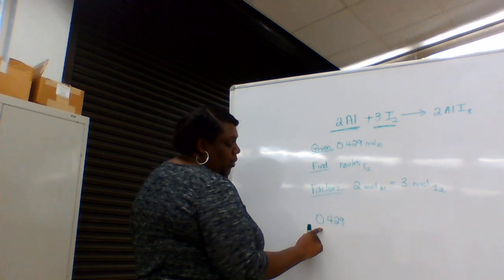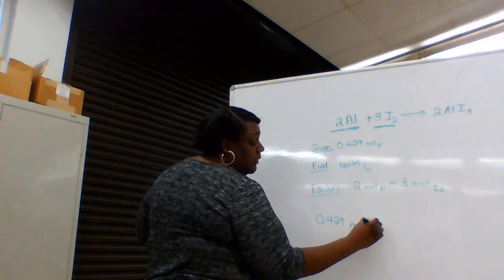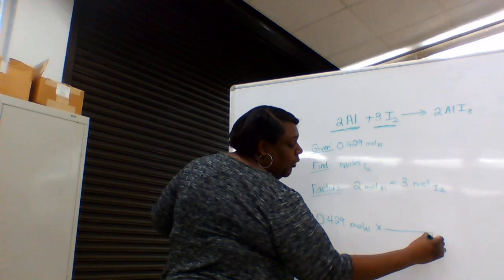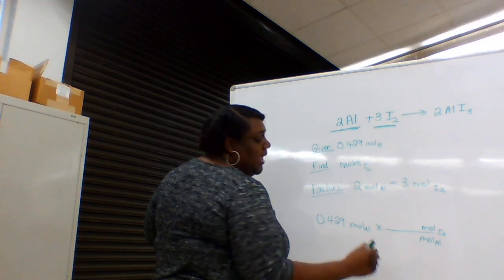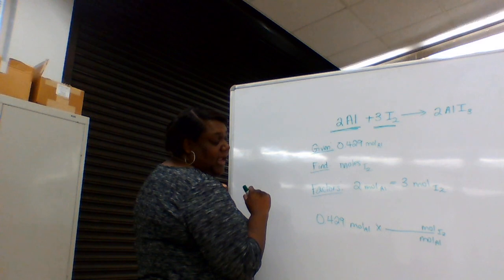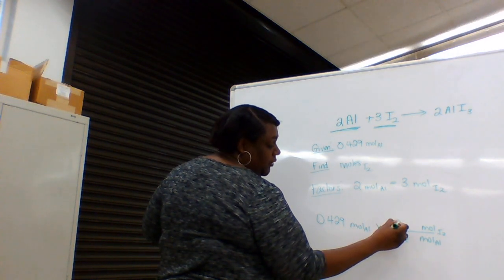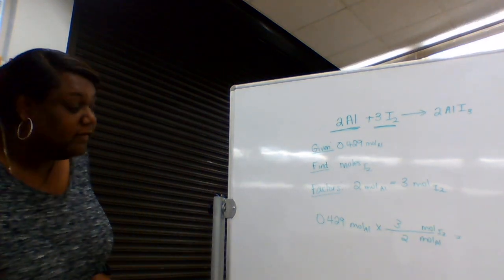So I've got 0.429 moles of aluminum. I set it up so my units cancel out. So I have moles of aluminum on the bottom and moles of I2 on the top. I place my coefficients that came from the balanced chemical equation. I have 2 moles of aluminum for every 3 moles of I2,